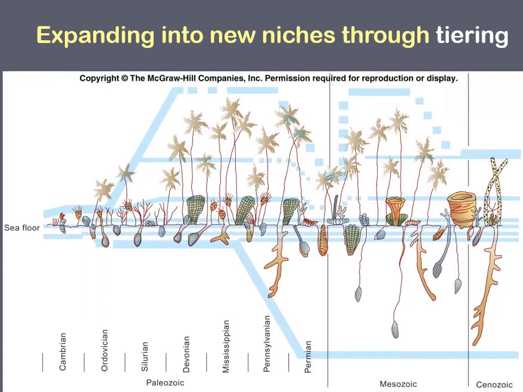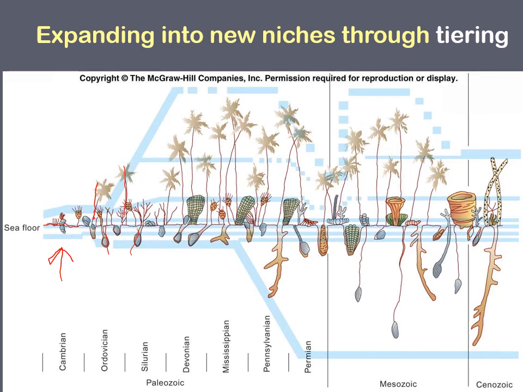But there's something else that these steampunk animals suggest that's very, very important for our understanding of the evolution of ecosystems, and that's what we call tiering. If we look at our Cambrian faunas, we notice that everything is pretty close to the sediment-water interface. Everything's really close to the seafloor. We have some things that are burrowing down a little bit, and some things that are stalked up a little bit, but not much. But in the Ordovician, we start seeing our crinoids grow taller, and some of our bivalves grow deeper. And that's because they're utilizing space above.